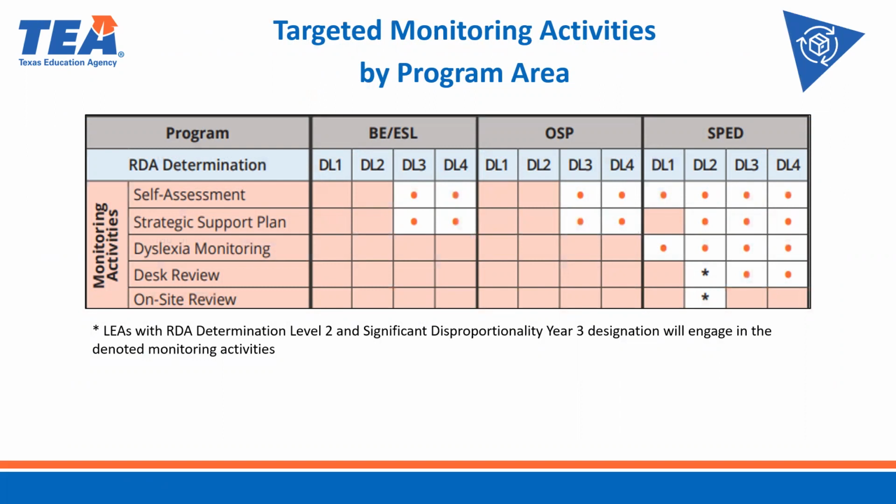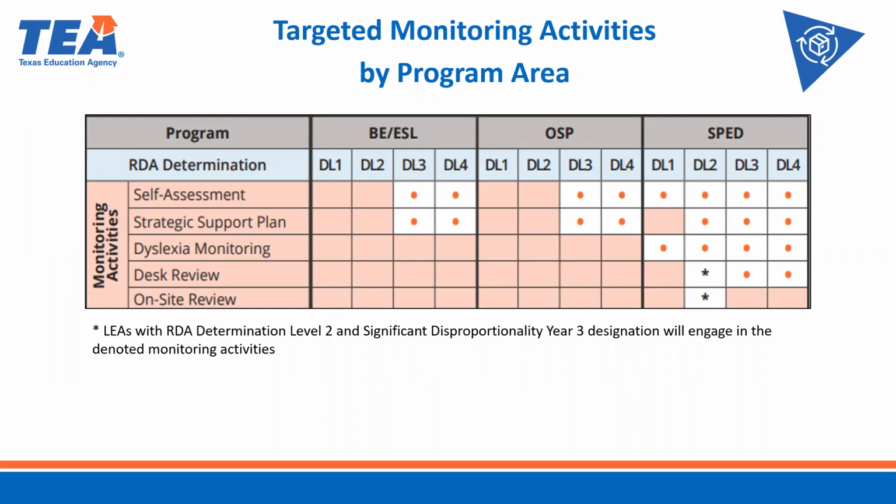The framework shows the suggested and required monitoring elements for all LEAs relating to their determination level, or DL. All LEAs are recommended to complete a self-assessment of their program areas annually as part of their continuous improvement process. LEAs are also recommended to create a strategic support plan, or SSP, to develop focused goals and activities for continuous improvement. The purpose of self-assessment is to assist LEA leadership teams in evaluating and improving their educational programs serving students